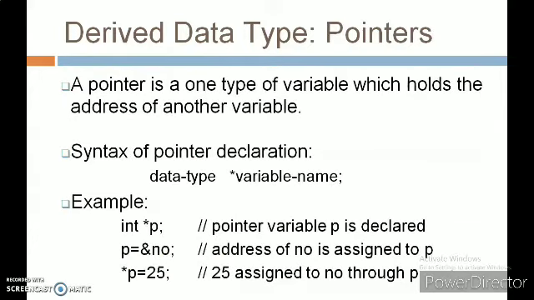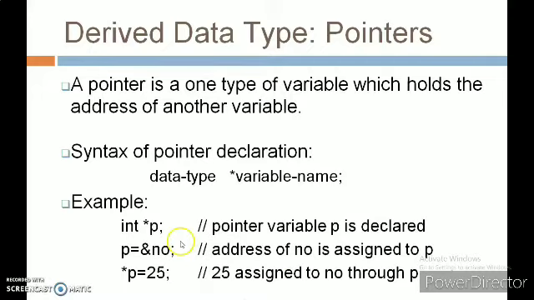The next derived data type is a pointer. A pointer is one type of variable which holds the address of another variable. The syntax to declare a pointer variable is the same as in C program. Data type, star, variable name. Here star is a symbol which is known as asterisk.